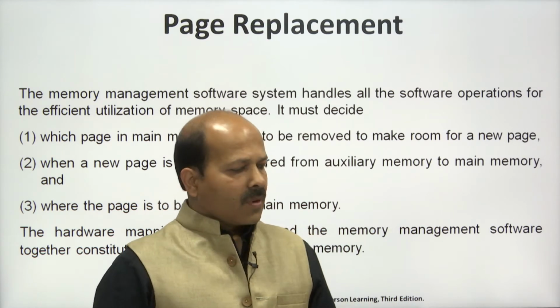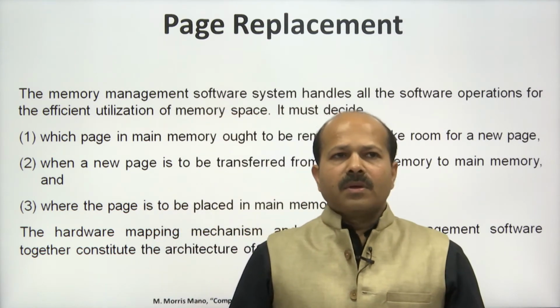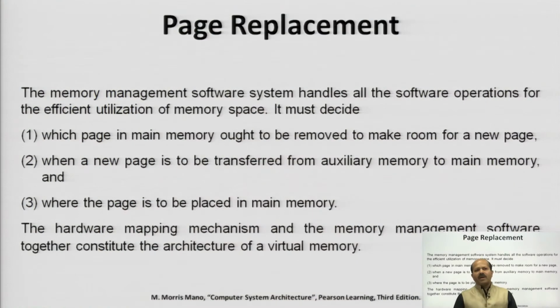You can see, when a page fault occurs, the memory management software system handles all the software operations for the efficient utilization of memory space. It must decide which page in the main memory ought to be removed to make room